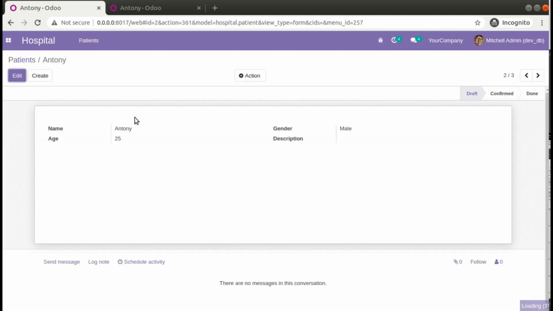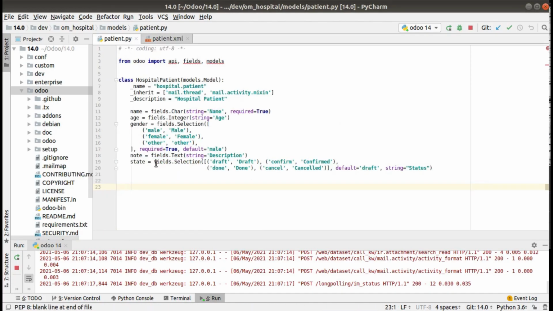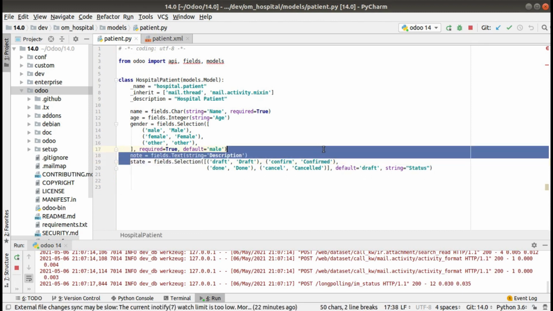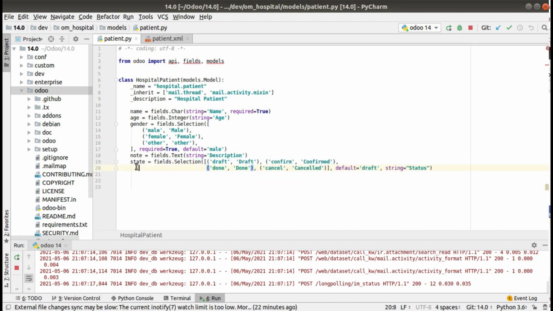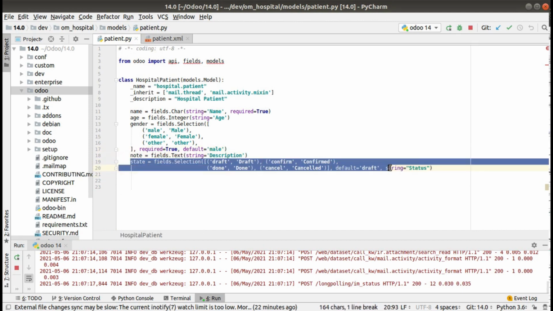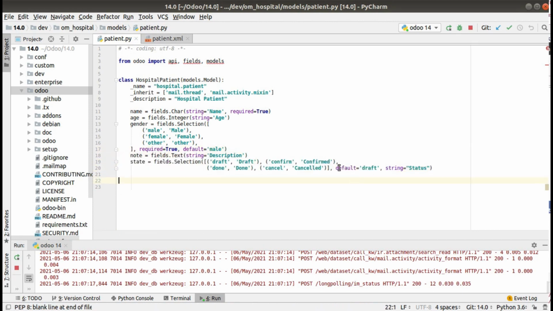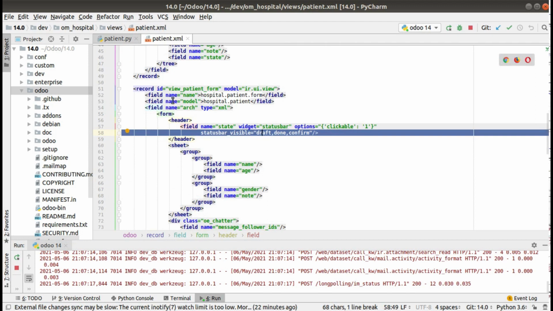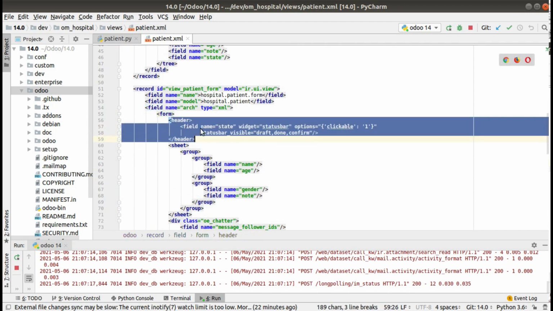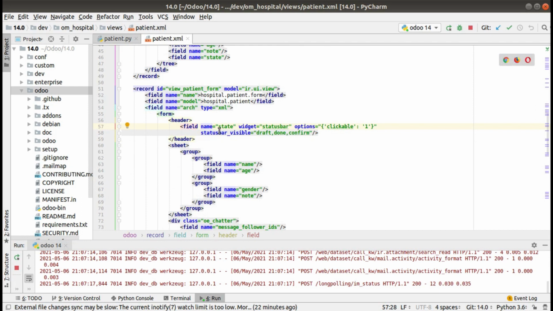So this is how you can add a status bar to your view in Odoo. So simply what you have to do is define a selection field. The status bar can also be controlled using a many2one field, but we are not going to that one. So simply you can define a selection field, give the values, set a default value if you need that, give a string, then inside the XML file, inside the form view, inside the header tag, you can add this field, that is field name equal to state.